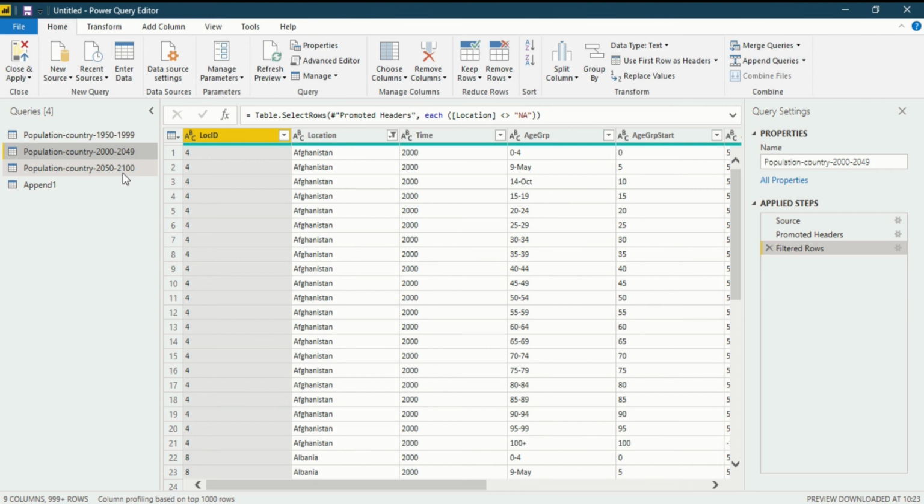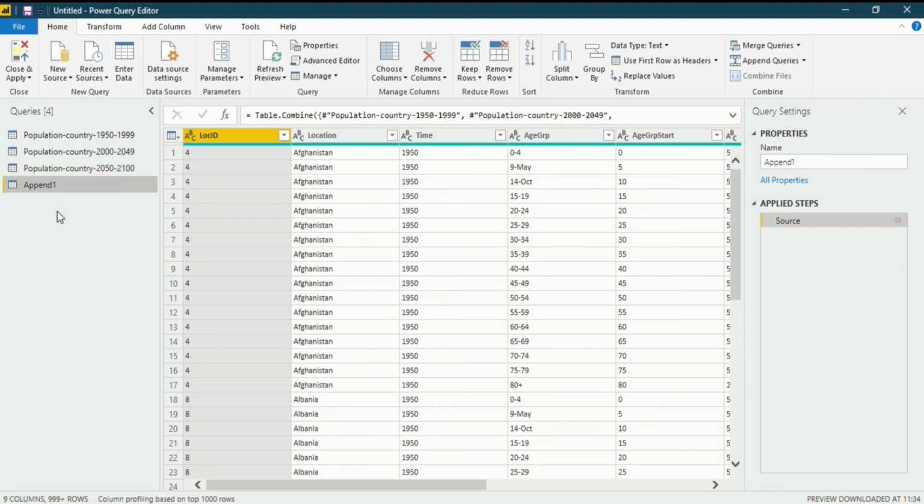So in that case, it's very common: those columns which are common will be easily appended, but for those which are not common, a new column will be generated. The data that is absent in one query will be represented by null, and the other queries that have the data will show that number. So that is very easy to understand.